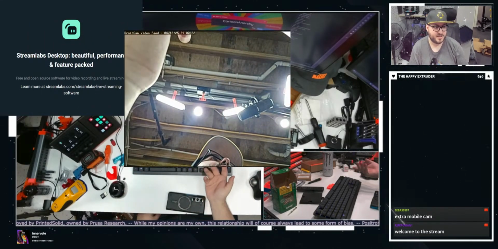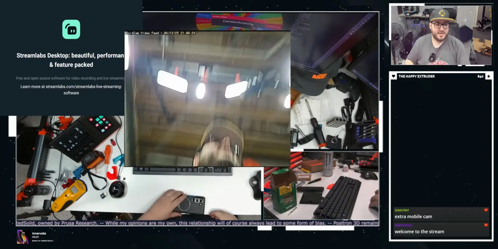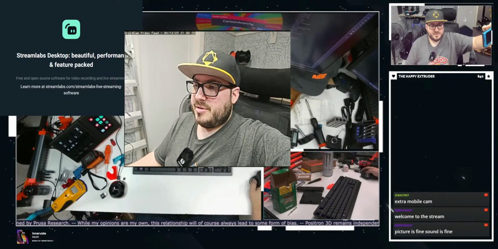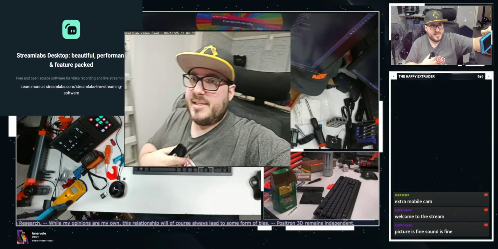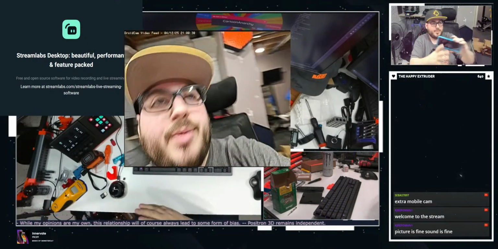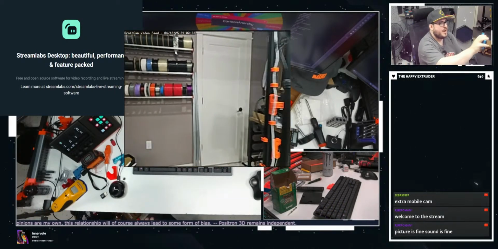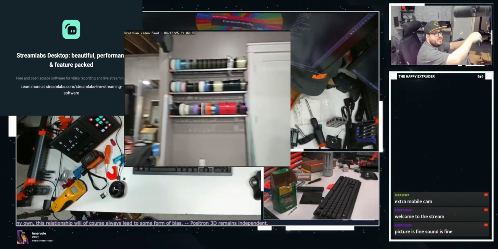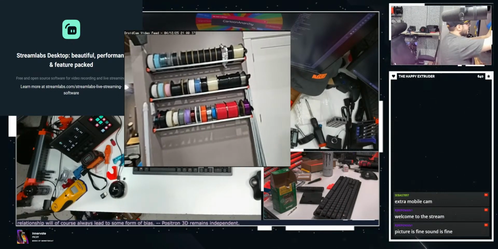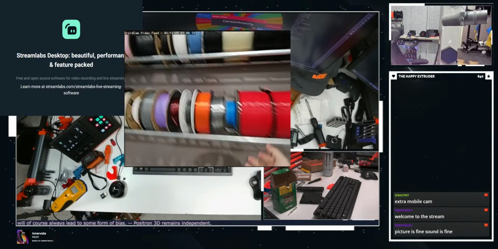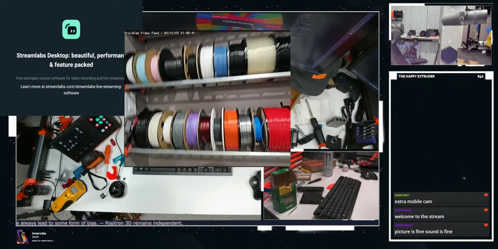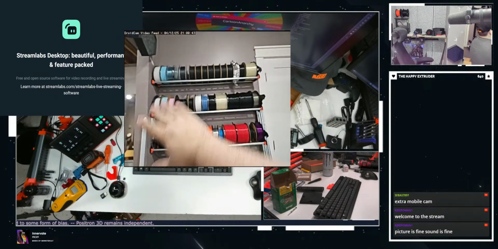Like, hey, let me just scratch my chin. Anyway. Picture is fine, sound is fine. Oh, yeah, because sound's coming from here. Anyway. So, yeah, rep rack. Isn't that neato? It is kind of barely holding on. Like, it is sagging just a little bit, but rep rack.